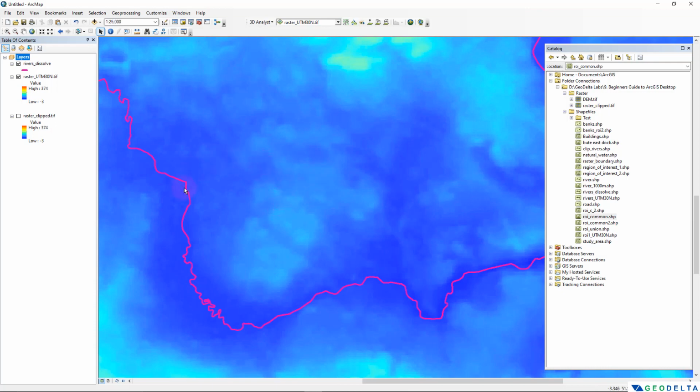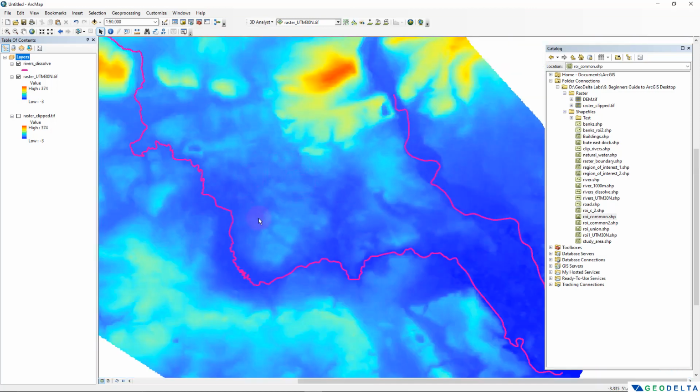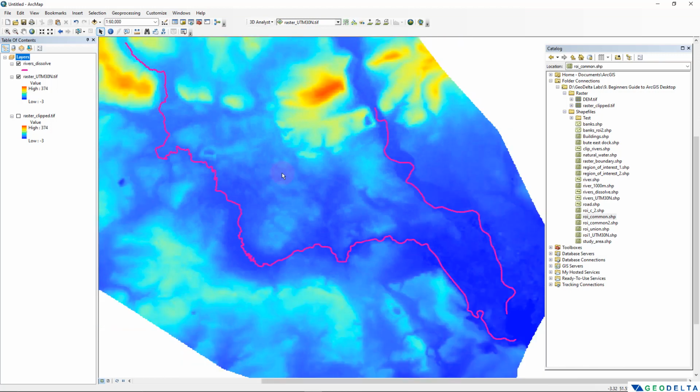Now as you can recall, all of these values, all of these colors that we see, actually correspond to different pixel values. So let's say there's a specific region for which you would like to average out all the pixels, and you want to get the average elevation value over a certain area. If you were to do it manually, you would pick the pixel value of each of the pixels which falls inside that region, add them all up, and then divide by the number of pixels, which will give you the average elevation value. But this kind of statistical operation can be very easily done using the zonal statistics tool